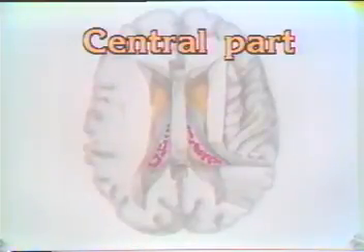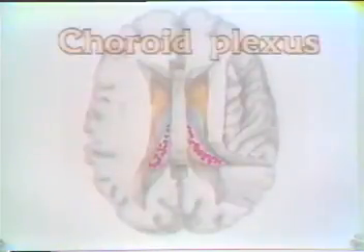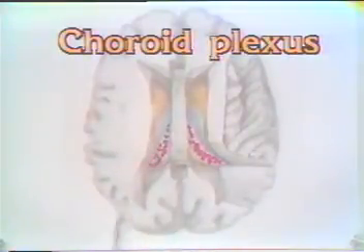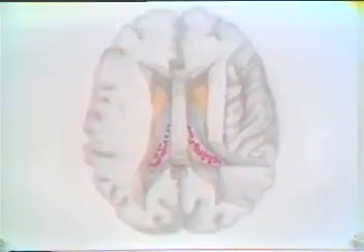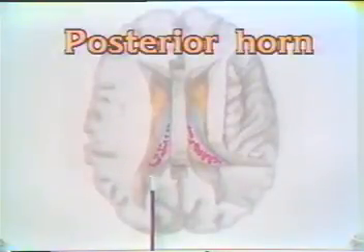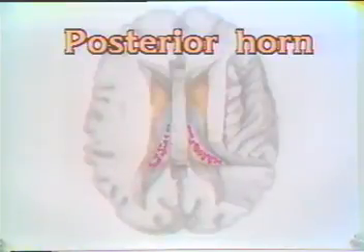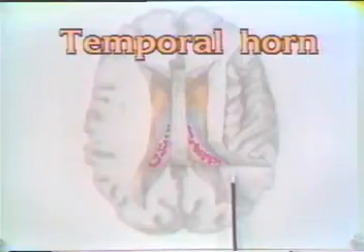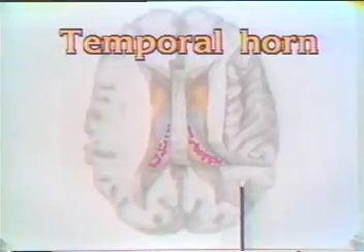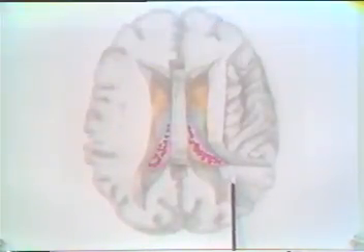The central part of the lateral ventricle is quite narrow. The choroid plexus, colored red, and the thalamus, colored blue, are the most prominent structures in the floor of the central part. The posterior horn extends for a variable distance into the occipital lobe. We'll now continue the dissection on the right hemisphere by exposing here the temporal horn of the lateral ventricle. To do this,